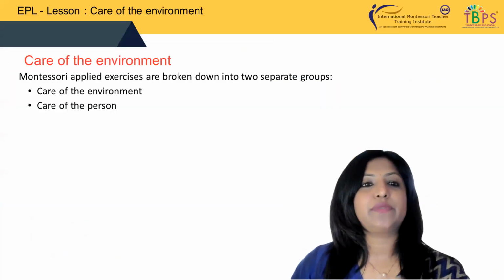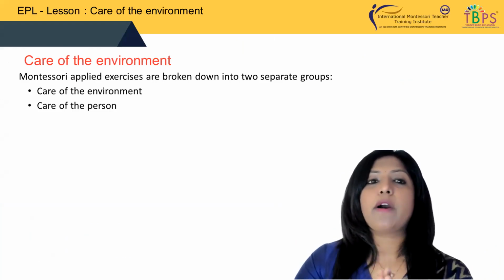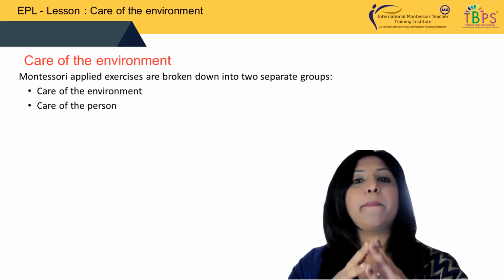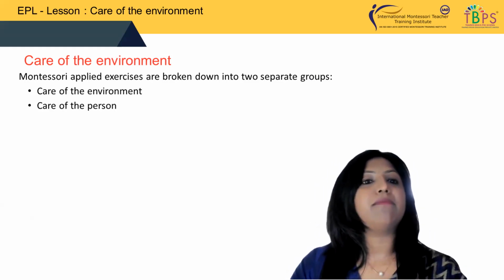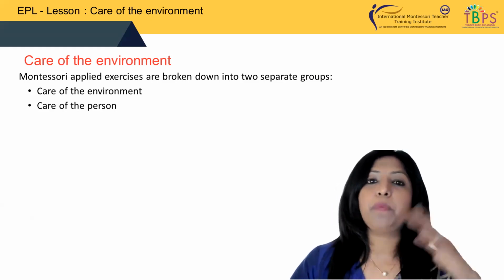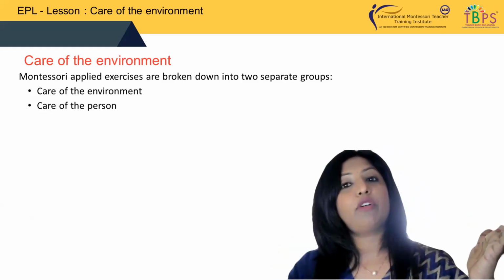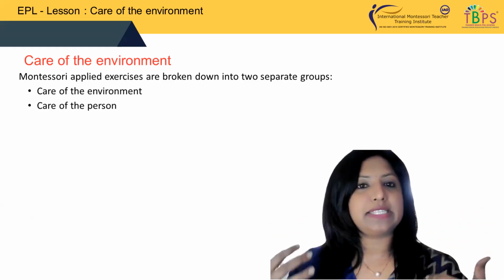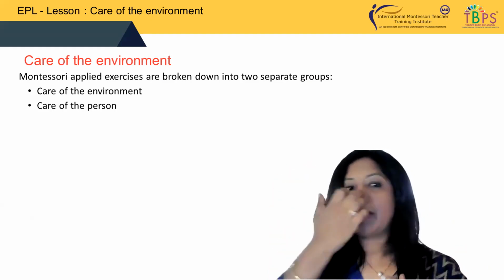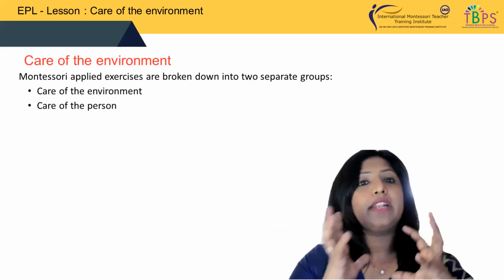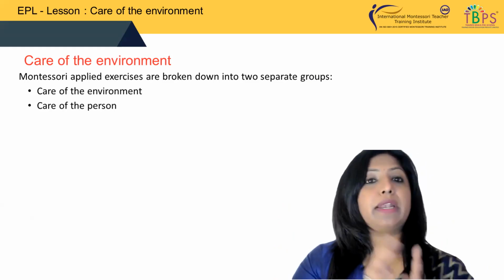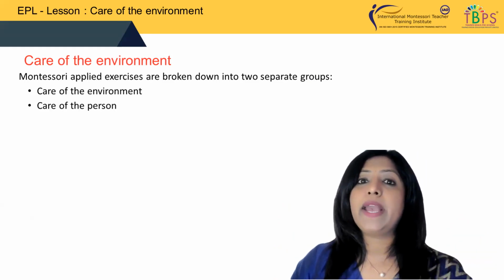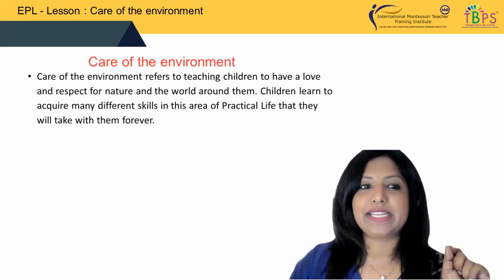So in today's exercise, we're going to be working on this. When I'm talking about care of an environment, I can still consider that as an applied exercise. Okay, it comes under applied exercises. So previously we spoke about how do I care for a person? My personal hygiene, I would wash my hands, I will keep my dresses neat, I will wash my dresses, I would peg my dresses when I'm drying and all of that. We took a lot of care about a person. But now we're going to be exclusively working on caring of an environment. So where does it come? It comes under my applied exercise.